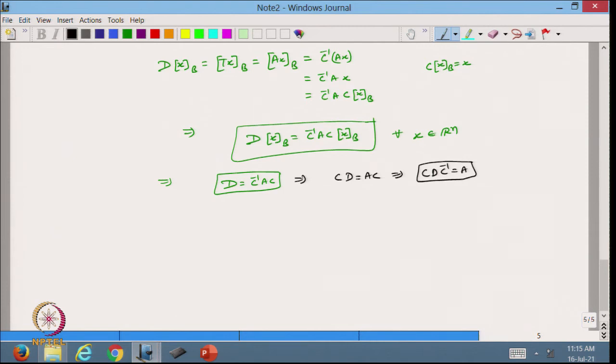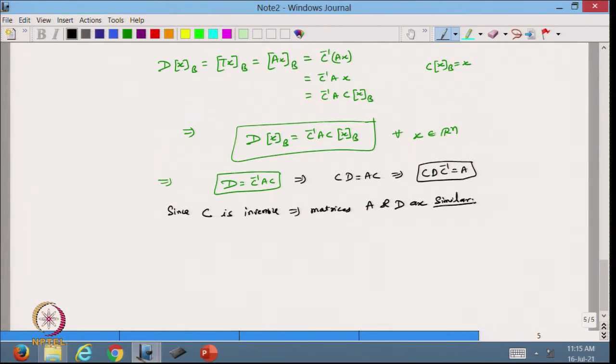And now since C is invertible, from here I will write down, which implies that the matrices A and D are similar,